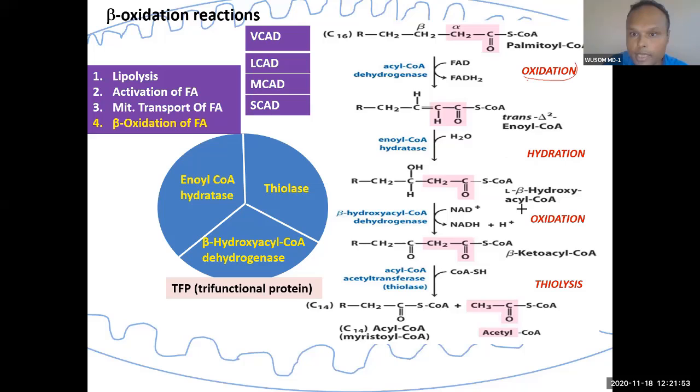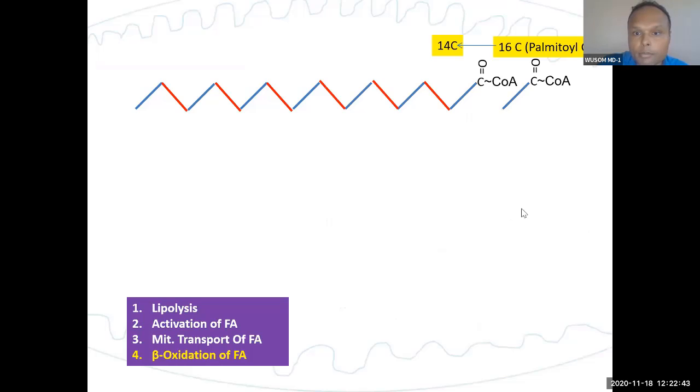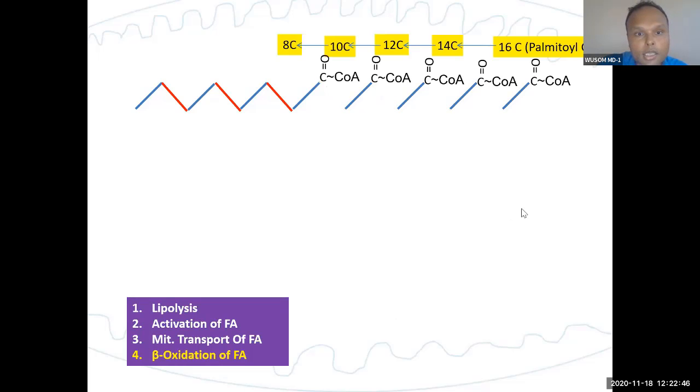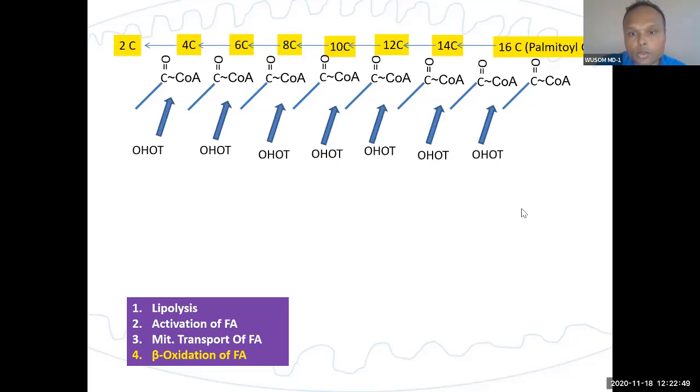I am defining these two oxidations because they are more important. The first oxidation is removal of hydrogen from the carbon-carbon group, insertion of a double bond. This is difficult, that is why FADH2 is produced. The second oxidation is removal of hydrogen from different atoms, one from oxygen, one from carbon. You can see that is why this compound converts into this. That is why NADH is produced. Did you understand this difference between the oxidations? Be quick. So understand this, it is a very easy process. You can see I am repeating the same thing, the same bond breaking reaction. I'm actually explaining the bond breaking reaction. This only.